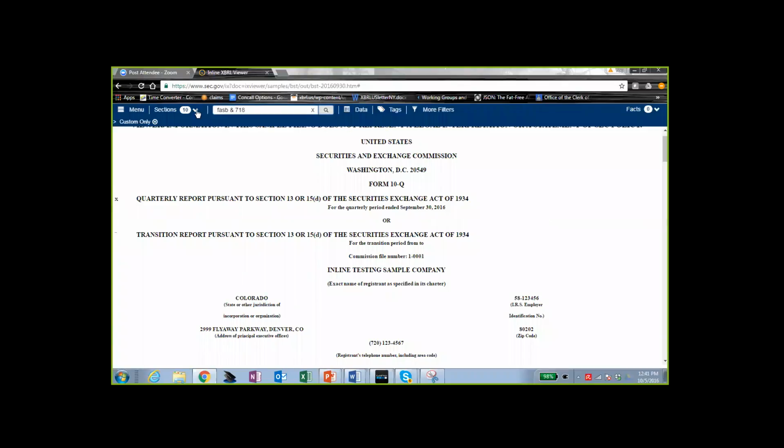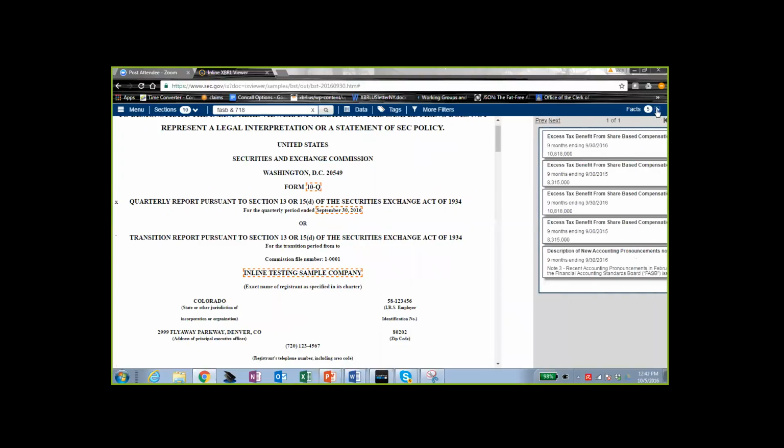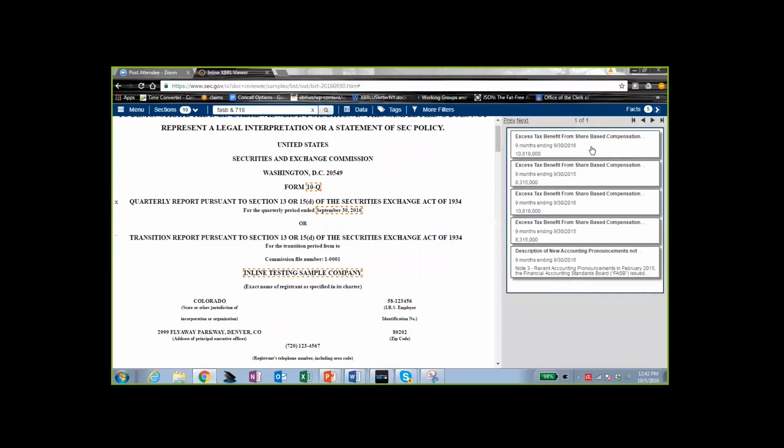Oh, I'm sorry. Yeah, right there. There you go. So it's going to give you 5 stock compensation disclosures. If you were to search on the words stock compensation, it would give you 1. So this is an example of why the topic search gives you all the disclosures related to a topic, not just the words that you're looking for.